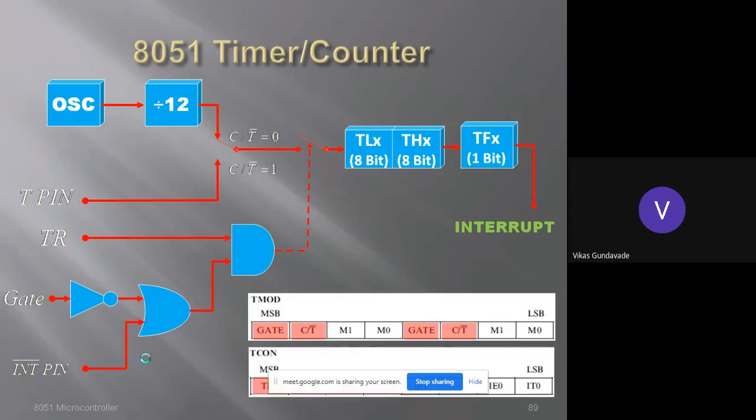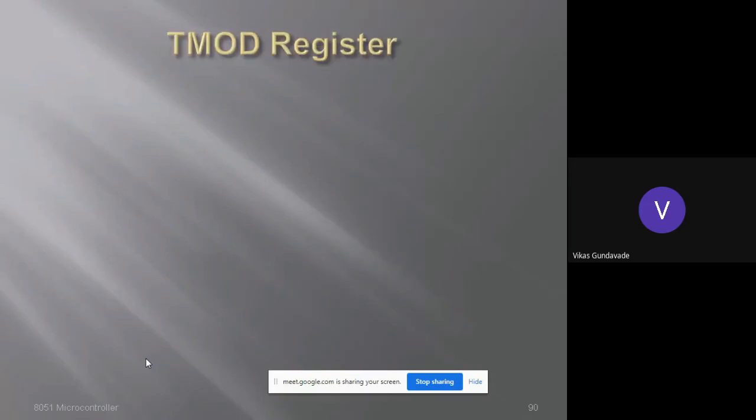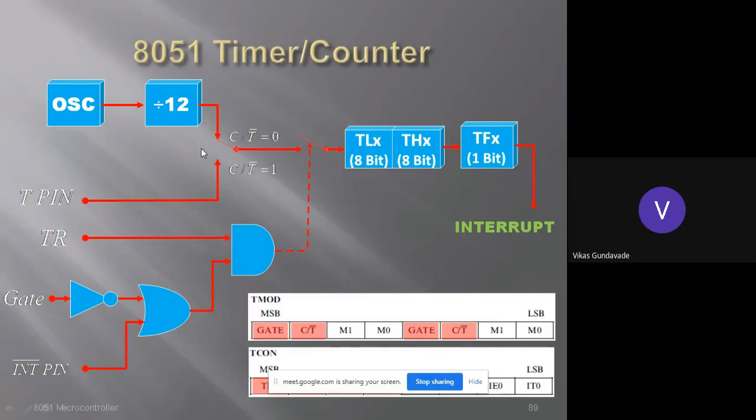Okay. Now for timers, we have one TMOD register, a special function register. You have already seen the architecture of this timer. For this timer, keep in mind the oscillator frequency is first divided by 12 if we are using that peripheral as a timer. So this section is used only if the peripheral is used as a timer, and when we are using an external oscillator frequency, let's say here the T pin or timer pin, then that specific module or peripheral will be used as a counter.